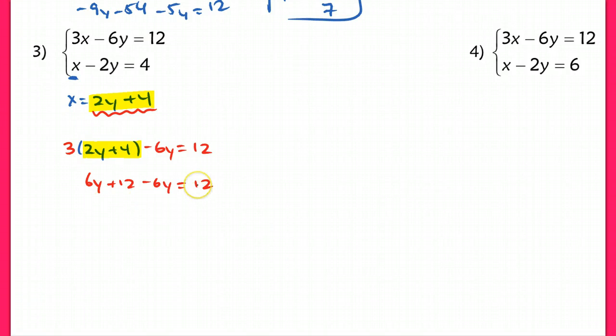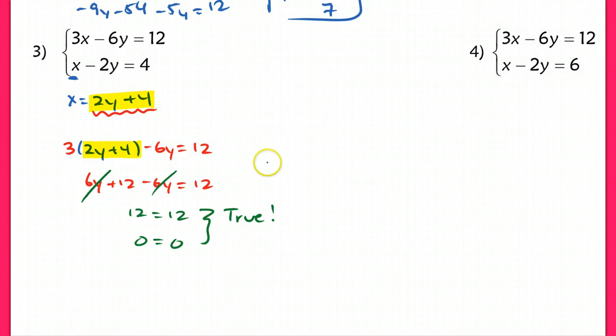I have this resulting linear equation here. Now when I combine like terms, I'm going to get a statement 12 equals 12. Now some of you might also subtract the 12 over to the other side, so you would end up with 0 equals 0. But in either case, both of these are true statements. Because these are both true statements, you are dropping the variable term. You no longer have a variable. Now this is not the same as 1y equals 0, right? y could equal 0. But if you end up with no variable and just a true statement with your leftover constants, then this is going to be a system that has an infinite number of solutions. Okay, there are an infinite number of points